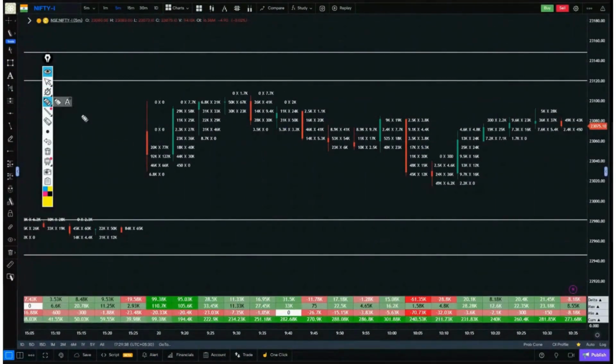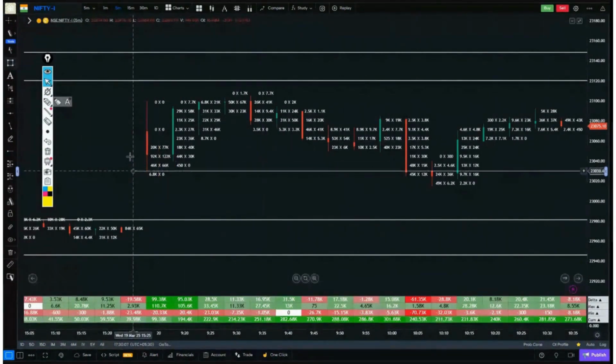Which side are the buyers on? The right side. Which side are the sellers on? The left side. So, what is more in this candle? Buyers. So, what is the benefit? Only read the buyer's side because that is more powerful. And this is the buyer's side. Okay, so what will we do now? Where has the most buying happened above this zone? Where has the most buying happened? Here.